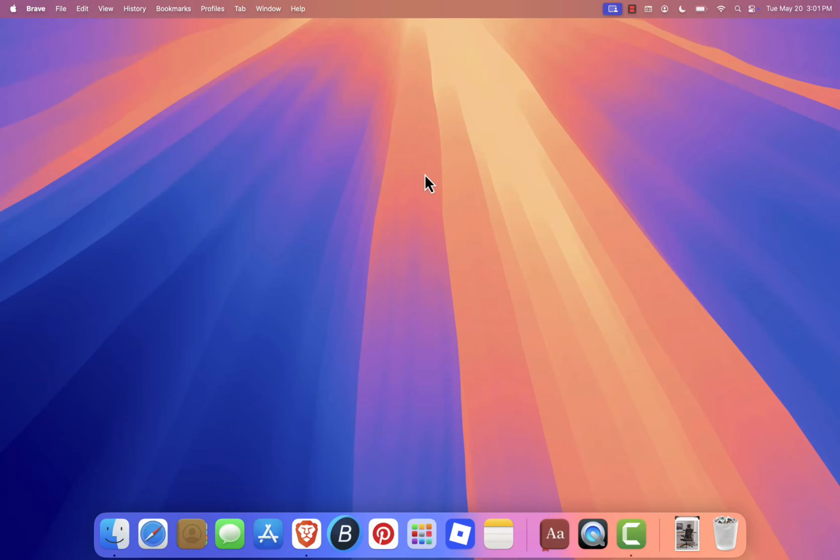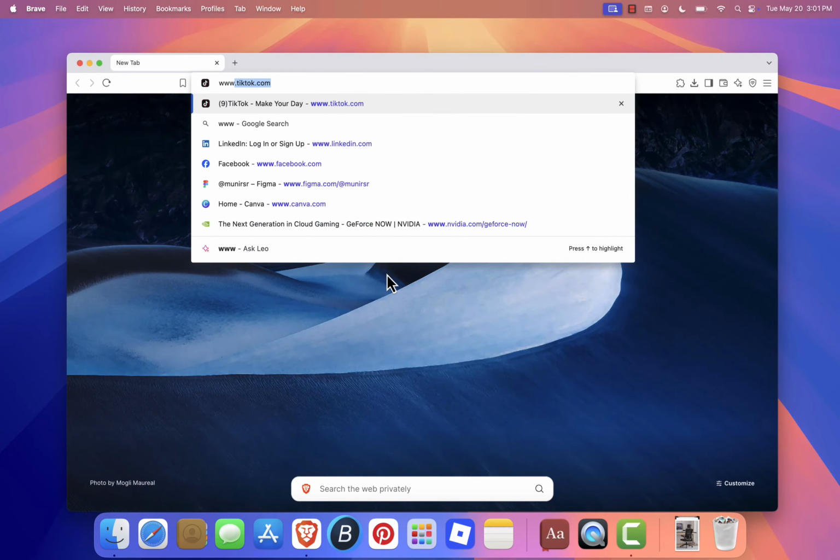Hey everyone, in this video I'll show you a simple trick to add TikTok to your Mac, just like an app. Since there's no official TikTok app for macOS, we'll use a quick workaround to make a shortcut that looks and feels like the real thing right from your dock. Let's get started. First, open your browser and go to the TikTok website by typing in